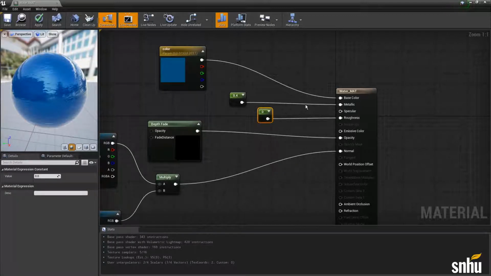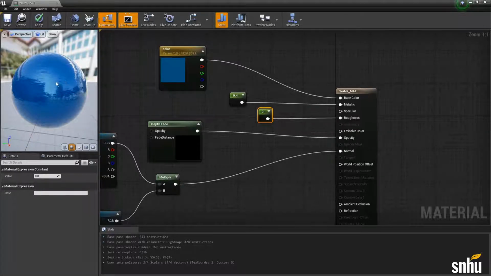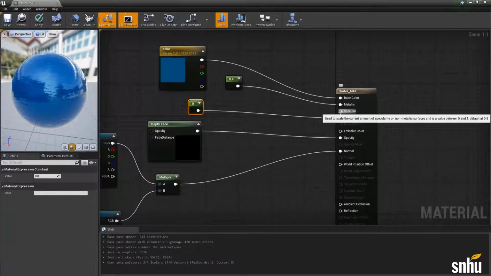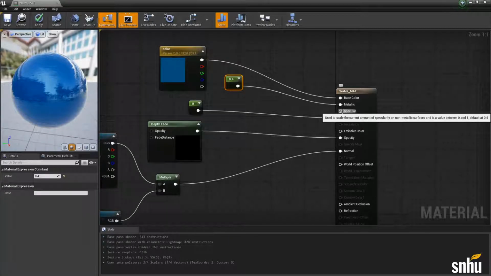And the metallic coincides with roughness. So you won't really get any reflection if you have a decent value in roughness. So to make sure that I'm getting a pretty good reflection, I put my roughness to 0. I don't really need anything in specular because the specular defaults to 0.5, excuse me, defaults to 0.5, so it's right in the middle. And then my metallic here is having that reflection, so I don't need too much more specular. If I did, it might get overwhelming, especially with bloom effects and stuff like that.